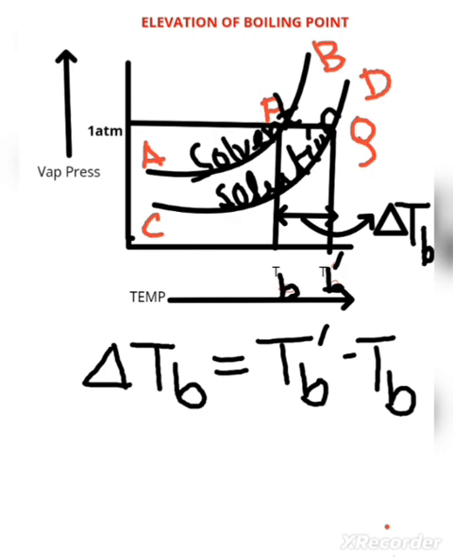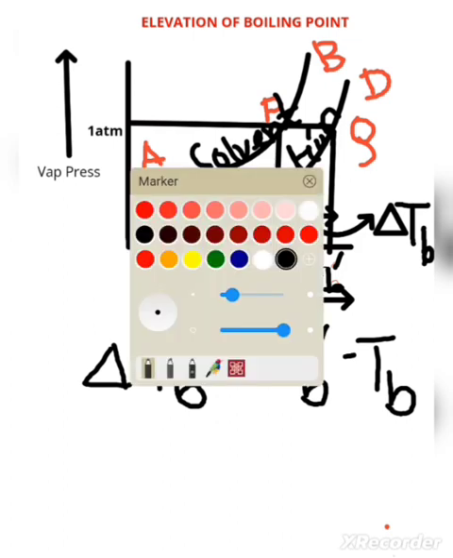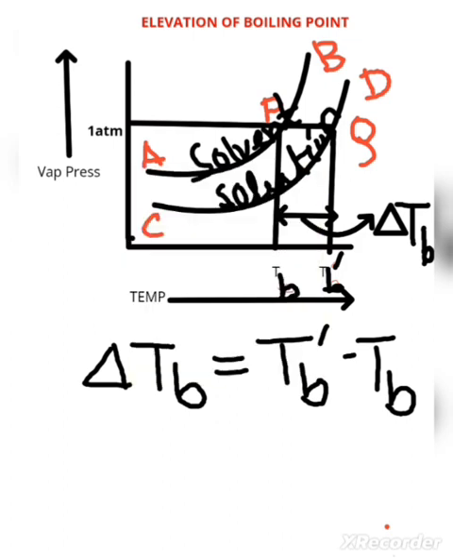The boiling point of the solution is higher than that of the solvent. That is called delta TB, or elevation of boiling point. Now this delta TB is equal to the boiling point of the solution minus the boiling point of the solvent. Now according to the Clausius-Clapeyron equation, we know that